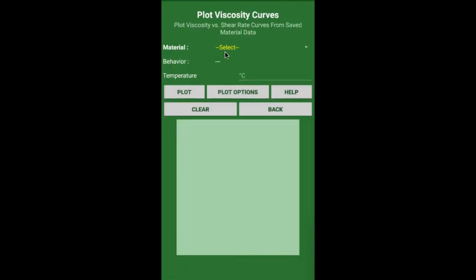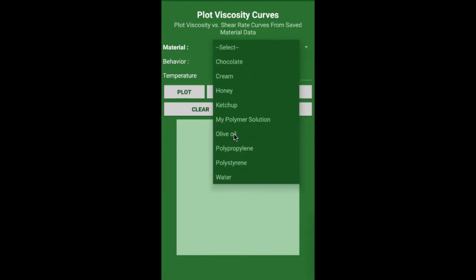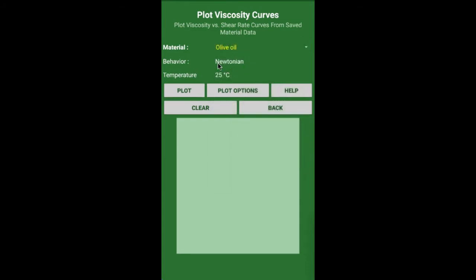Here, we first select the material we want to plot. Let us select olive oil. In the database, it has been designated as Newtonian, so it should give a constant viscosity at different shear rates. Note that it is also displaying the temperature as 25 degrees Celsius, as that was the reference temperature Tref used in the database. As we press the plot button, we get a graph showing a constant viscosity across the shear